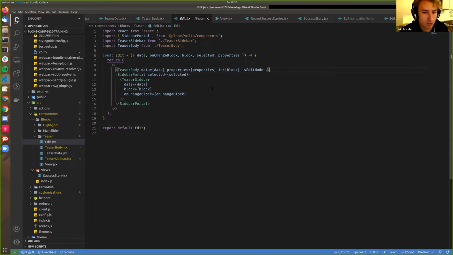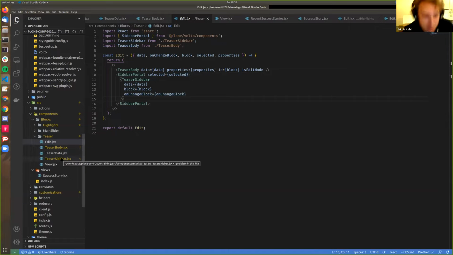The edit component here consists of two sections. On one hand, we have the teaser body. This is something I quickly created here, a component that shows the markup of the finished block. And the other thing we have is the sidebar portal, which we import from Ploneconf and add our custom sidebar, our teaser sidebar we created over in the teaser sidebar.jsx file,